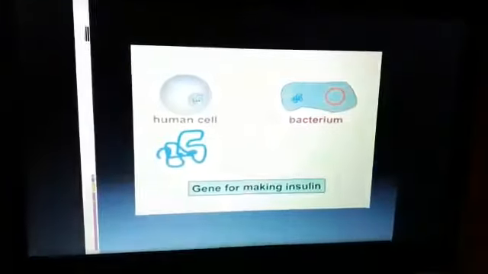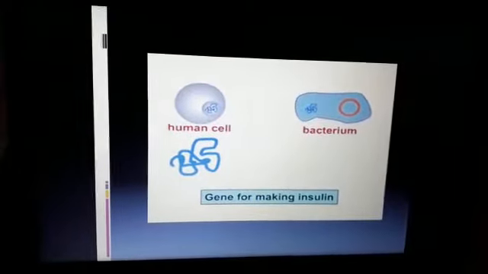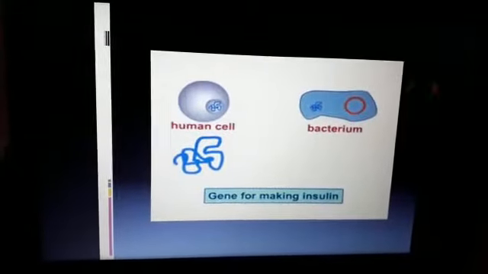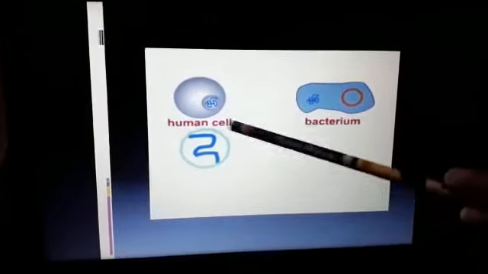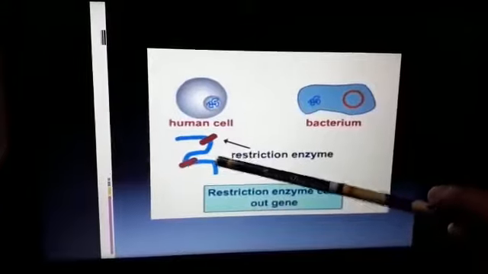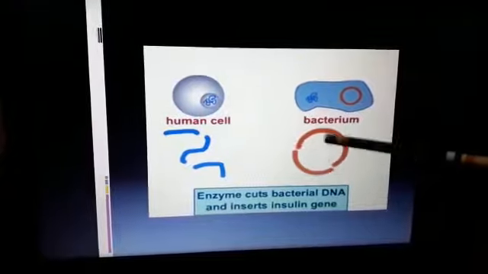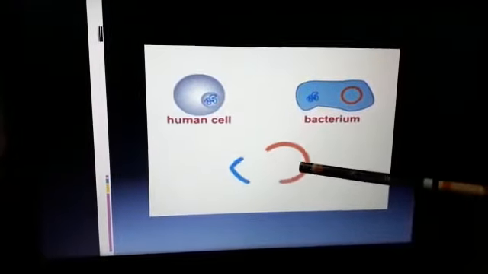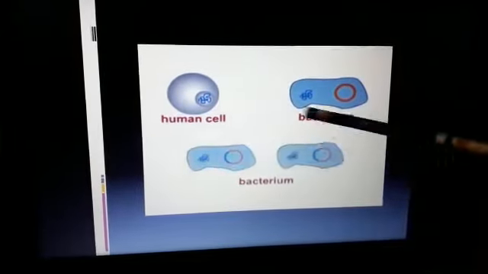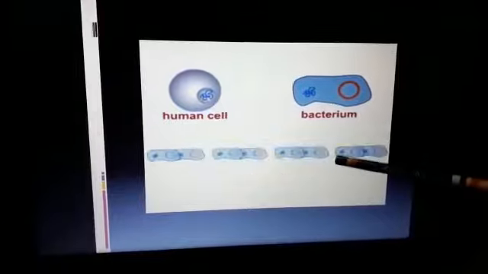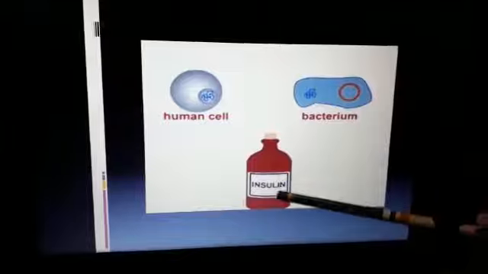Next, an application of gene cloning is insulin production. From the human cell, the insulin-producing site is identified and cut with the restriction enzyme. Then it is ligated with the plasmid of a bacterial cell. Then it is inserted into a bacterial cell. It produces many copies of the insulin-producing genes. Then finally we get insulin production on a large scale.